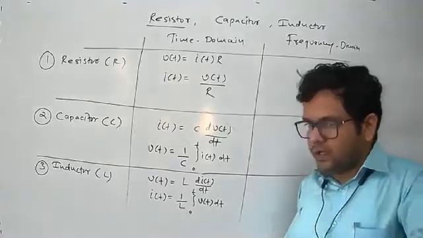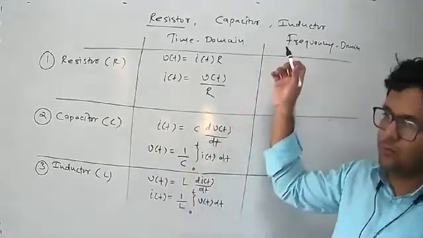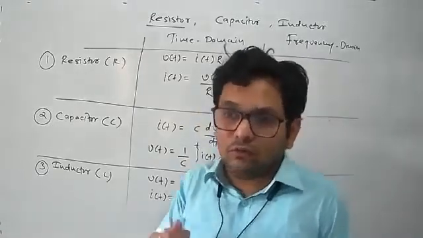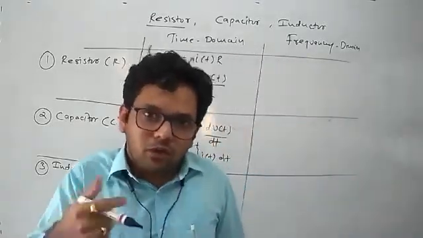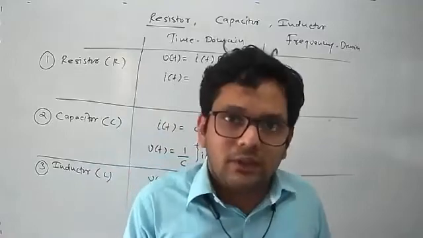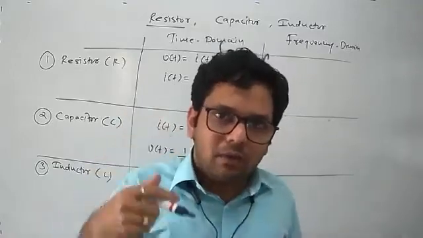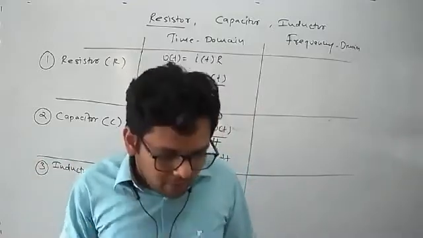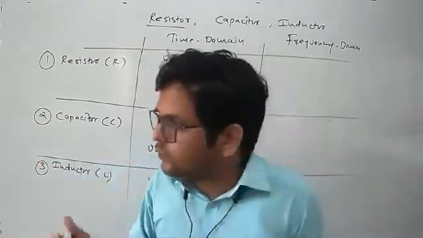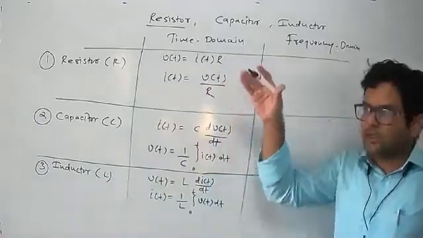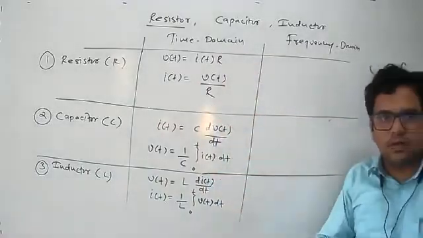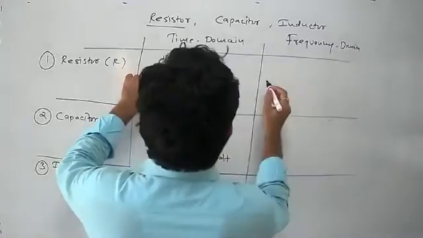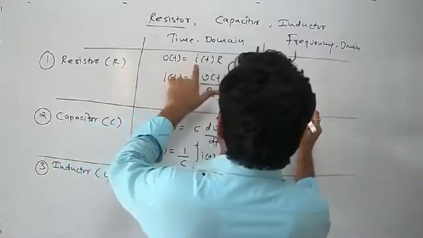But one thing we need to take care of while applying Laplace transform, because we are learning this topic in order to obtain the transfer function of a given electrical circuit, and from the knowledge we know that transfer function is nothing but the Laplace of output by Laplace of input by assuming all initial conditions to be 0. So here while applying Laplace transform, we assume that all the initial conditions of resistor, inductor and capacitors are nothing but 0.